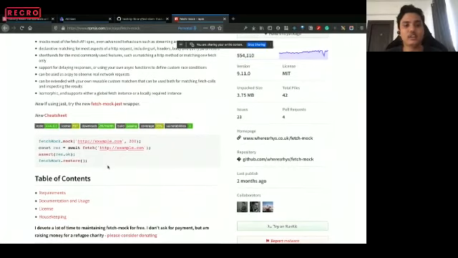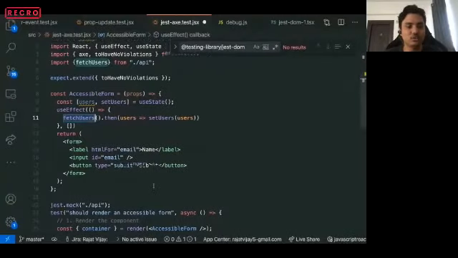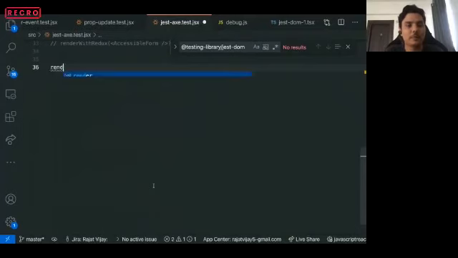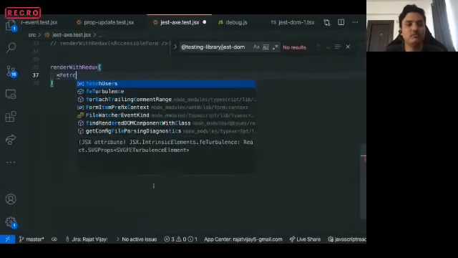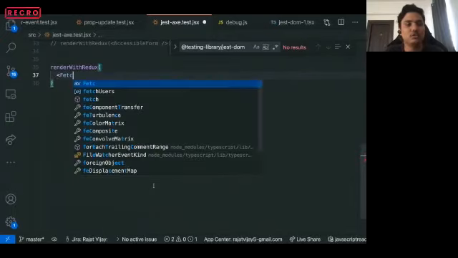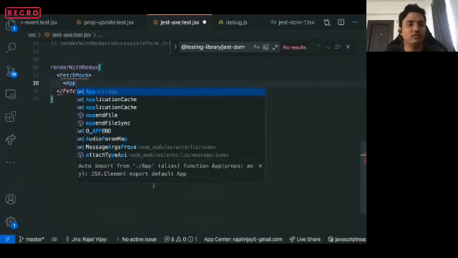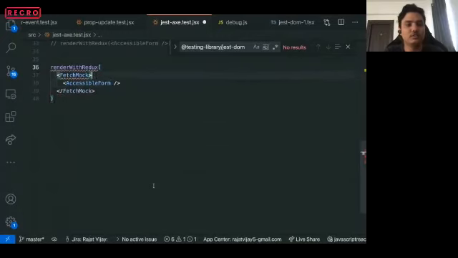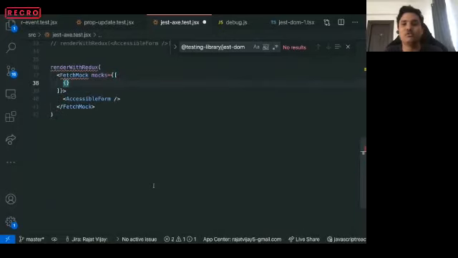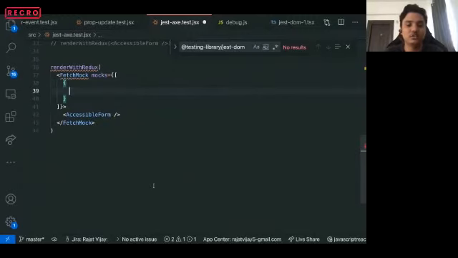What we have right now is a function of this sort, render with Redux. So we call this render with Redux function and we write fetch mock. We have this fetch mock wrapper and we render a component. Let's render the accessible form component itself and we provide it mocks. A mocks is just an array of all of your asynchronous function mocking information.